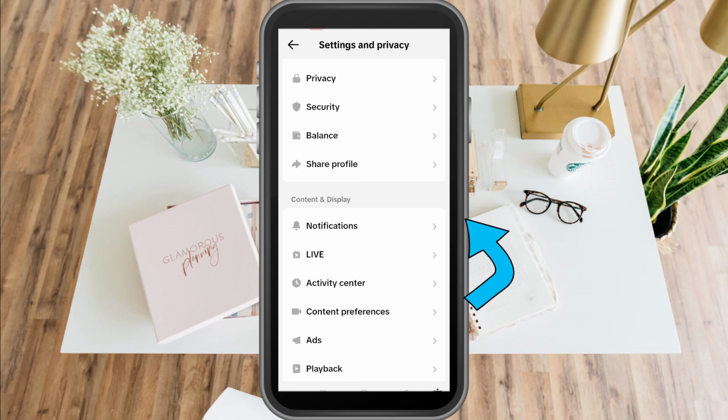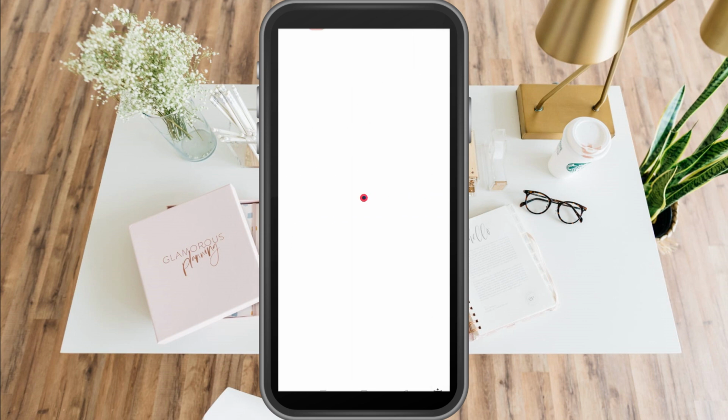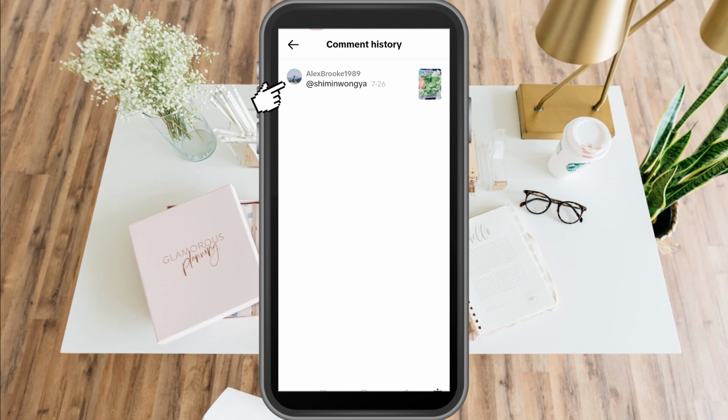Now you have to scroll down and you have to look for activity center. And then here you can see options like watch history, comment history, search history. So go to comment history and then here you will see all the videos that you have commented or pictures,